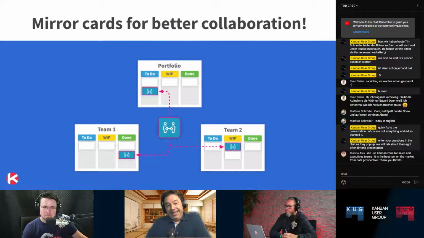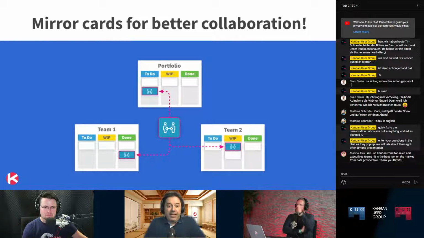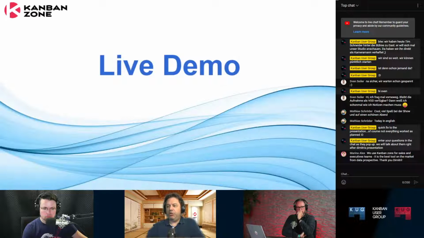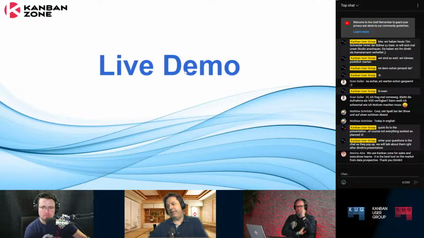But then, and this is what I mean by being simple, we believe that collaboration is the key. And this next feature is one of our most interesting ones. It's called mirror cards. And this is what we love to show our clients: you can have a card, but maybe you need to have the card mirrored and visible on other boards. So let me show you a concept of this. So if I go back to my live demo,